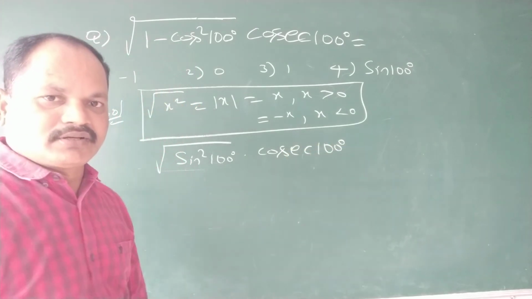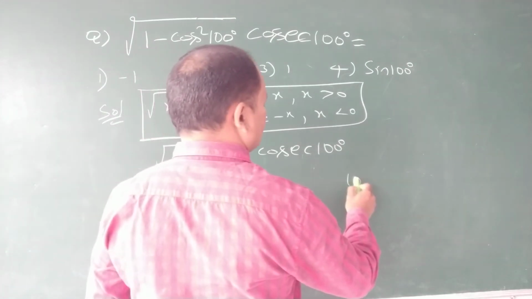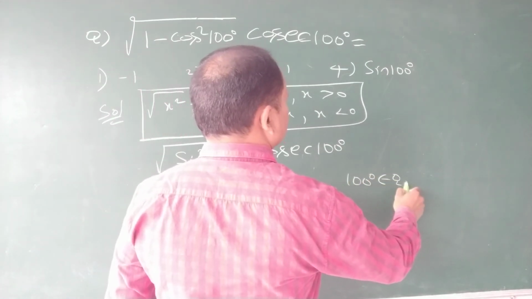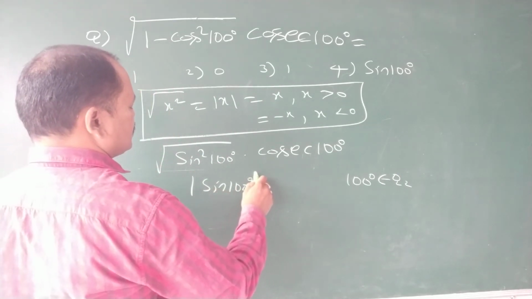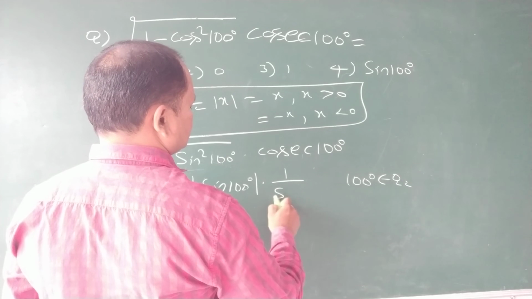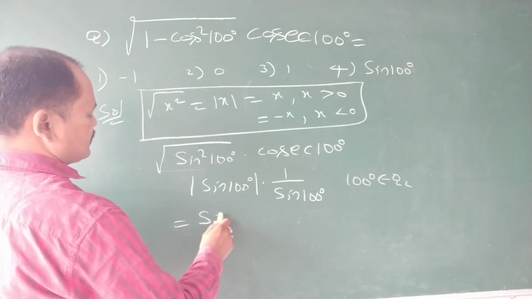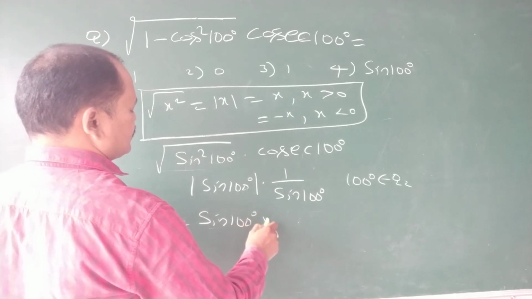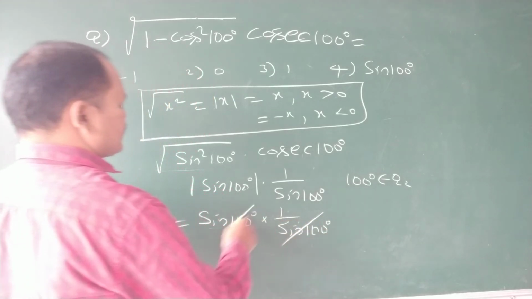Now 100 belongs to Q2, and in the second quadrant sine is positive. That's why mod sin 100 is sin 100, into 1 by sin 100. So these two get cancelled. Answer is